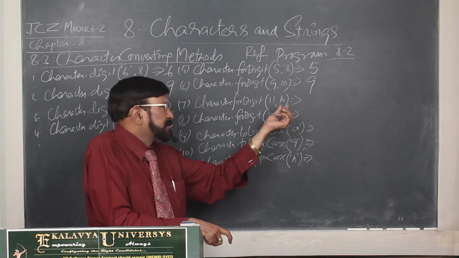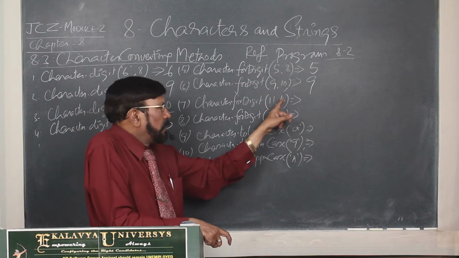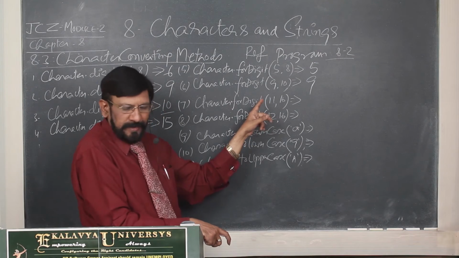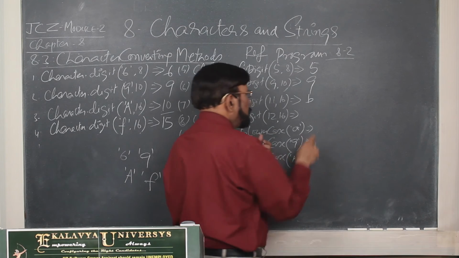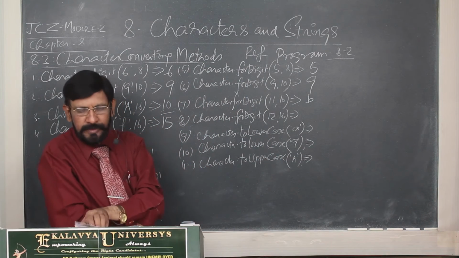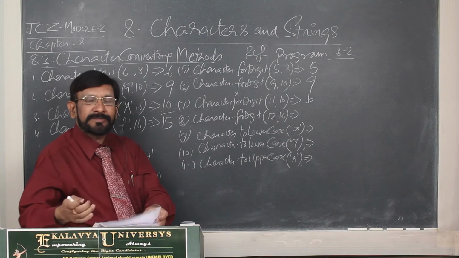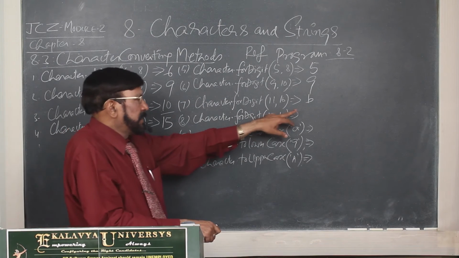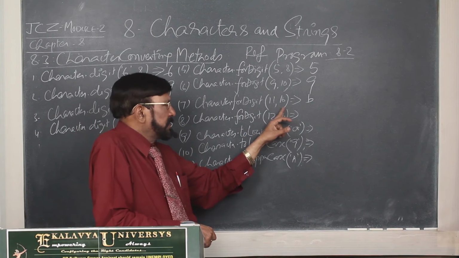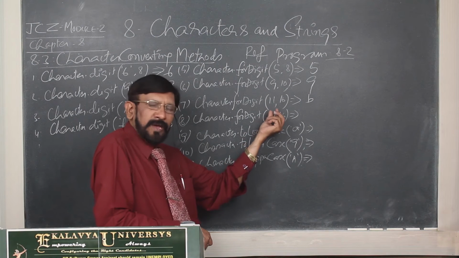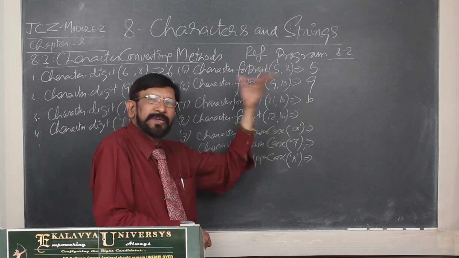In a hexadecimal system, how is the 11 value represented? So 10 value is by A, 11 value is by B. It is lowercase. Actually the system by default represents in lowercase, not in uppercase. So once again I am telling you, the 11 value in the hexadecimal system is represented by character b.